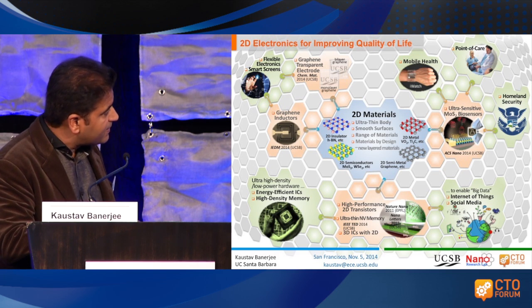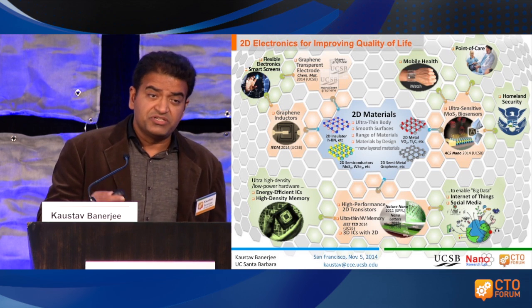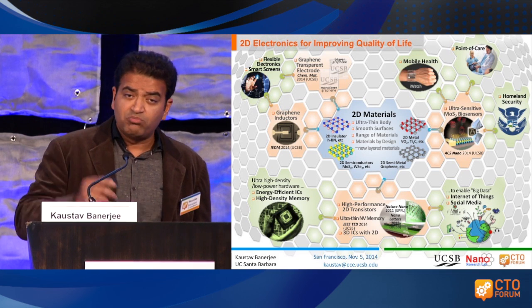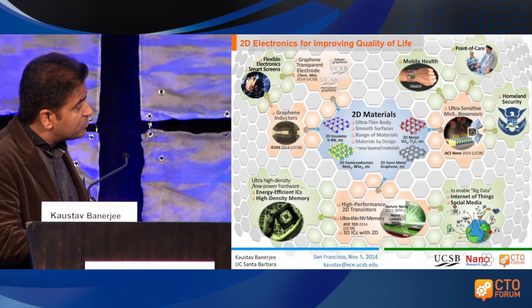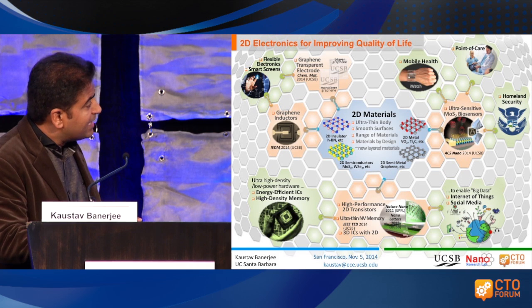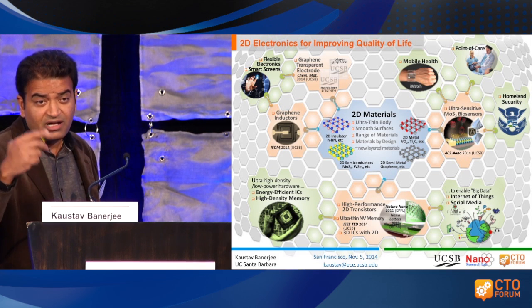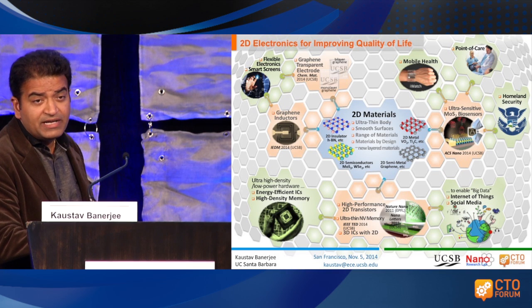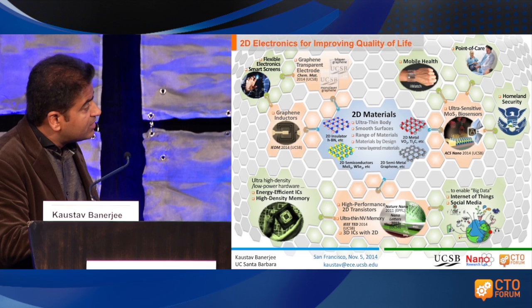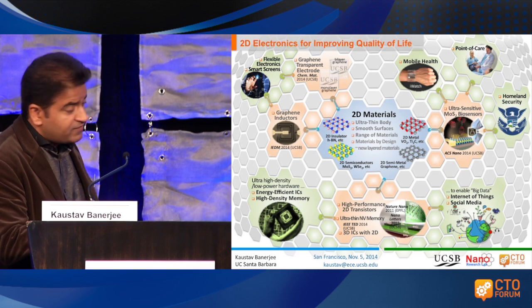And finally, we have shown, and other people around the world have been able to demonstrate, very high-performance 2D transistors made of monolayer, just a single atomic layer of molybdenum disulfide and tungsten diselenide that was shown in my group. And we can also combine these materials to create ultra-thin, non-volatile memory, as well as 3-dimensional ICs, simply by stacking them and creating ultra-compact 3D ICs. And so these would enable very high density, low power ICs of the future, and that would be necessary for supporting any big data kind of applications like Internet of Things and social media. So in summary, I believe 2D materials are the future of electronics, and they can potentially change the way we